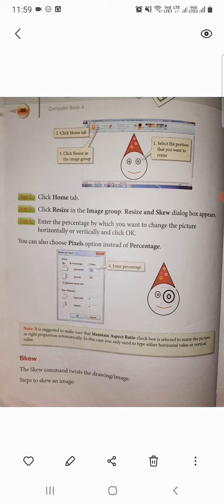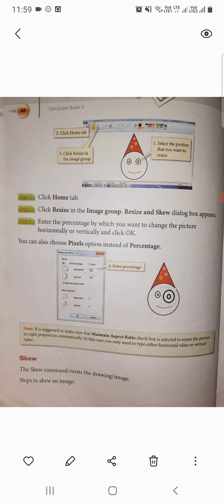In the Image group, the Resize and Skew dialog box will appear. From that dialog box you can also use the skew option. So there are two options together in one dialog box: Resize and Skew. In that dialog box you can use the resize option, horizontally and vertically, where you can give the percentage of your image size, or you can give the pixel size.